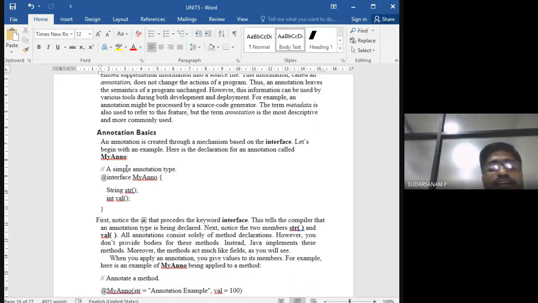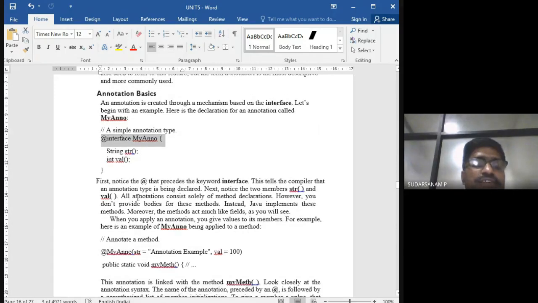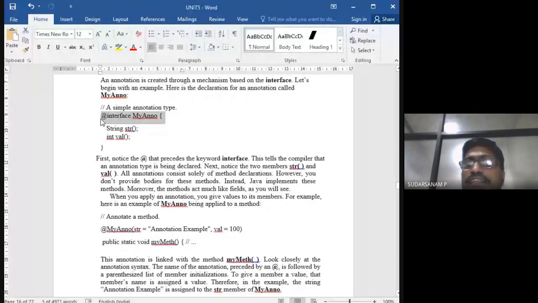Here we have taken two members: one is string str, another is int value. Two methods we have taken here. This is the way of writing the syntax, whatever I have bolded. Now let us see one by one what it does.